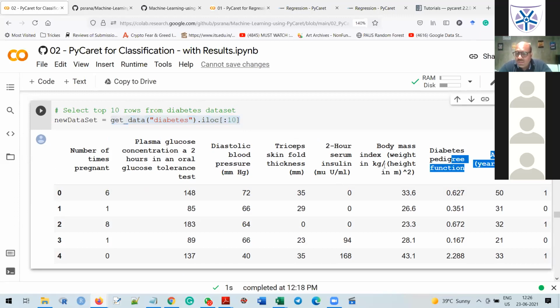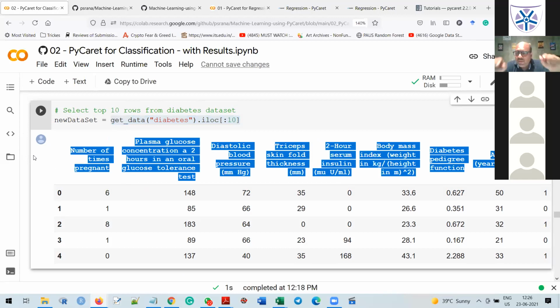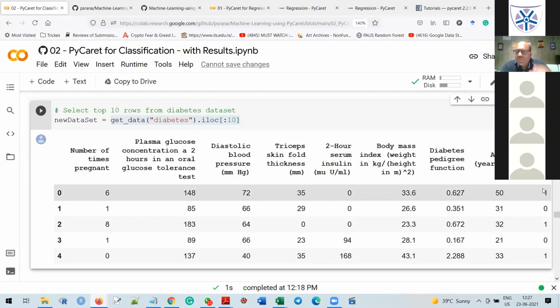Now the remaining input features I will give to the model, my random forest model. The model will give me the outcome that will be considered as a predicted value, and I will compare it with the actual value. Actual value means this value. So I will be able to calculate these parameters.